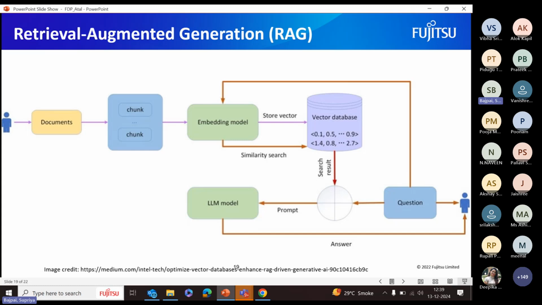After the similarity search, every chunk has got some weightage. Some are 0.9, 90% similar, some are 0.1, 10% similar. Every chunk is given some weightage. Now which chunks to retrieve? The top matching ones are pulled out from the vector database. These chunks are essentially the most relevant pieces of information from the documents that could help answer the question. So let's say the query matched 3 chunks.